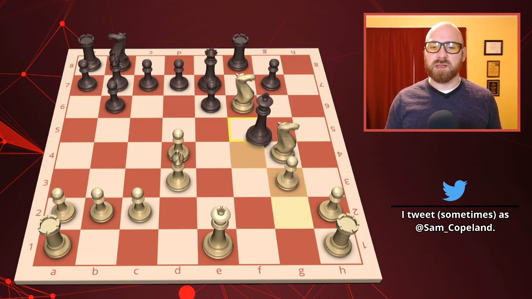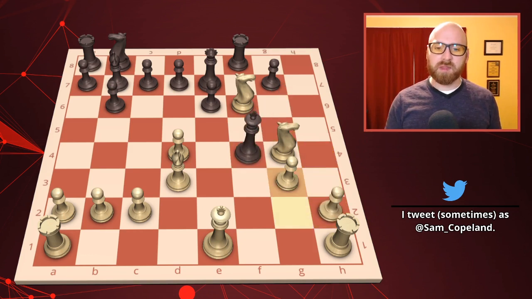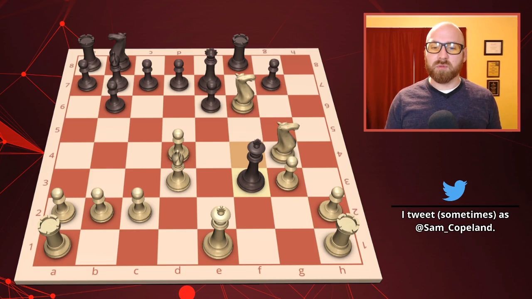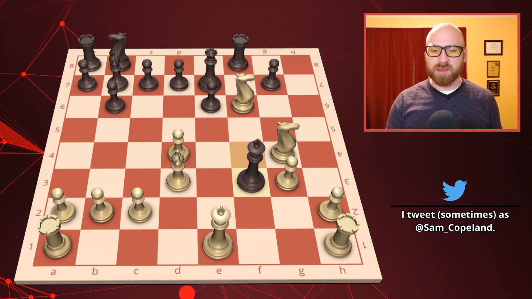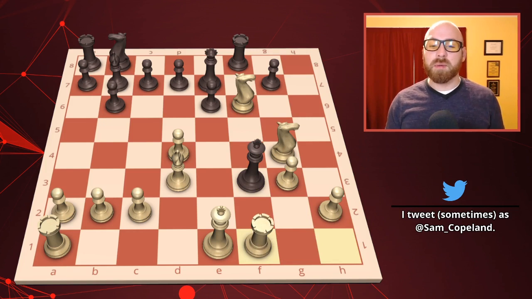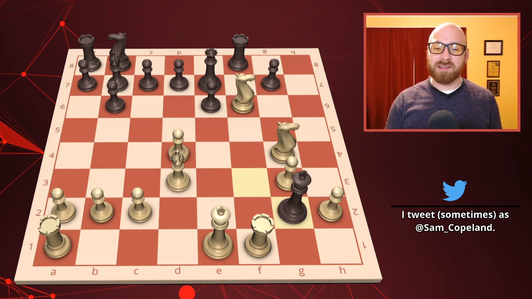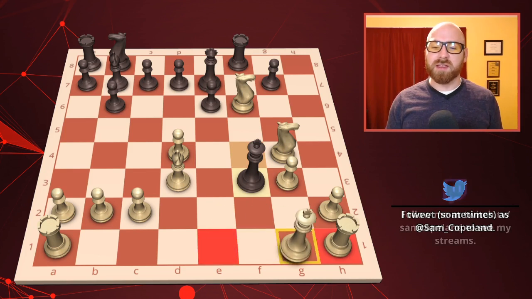If we back up, after f4 check, if the king captures here, pawn to g3 is a fantastic checkmate: either king back, h4 is checkmate, or king up runs into castles checkmate. Beautiful. Castling and checkmating is an amazing thing. This is important that you castle here because you can't play rook f1. Well, you can play it, but it's not as correct because then the king gets to g2. So by castling, both the king and the rook help to deliver checks and cover escape squares